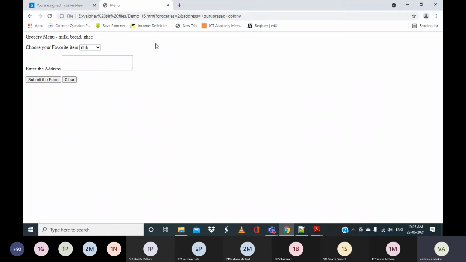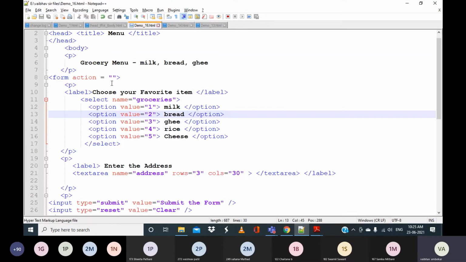Nothing has happened, it is just present on the same page itself. You are not moving to some different page. Usually, whenever we use the action attribute equal to blank, even after clicking on the submit button, we will be on the same page, so we will not go to a different page.